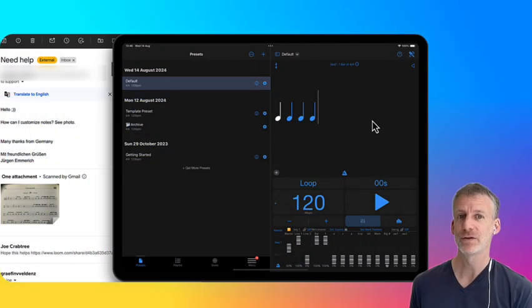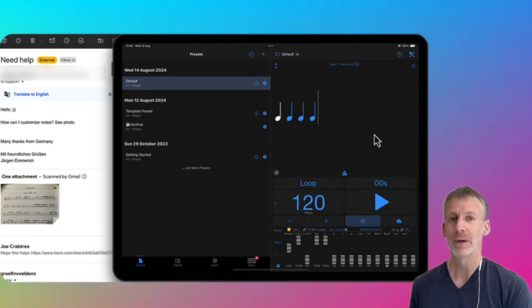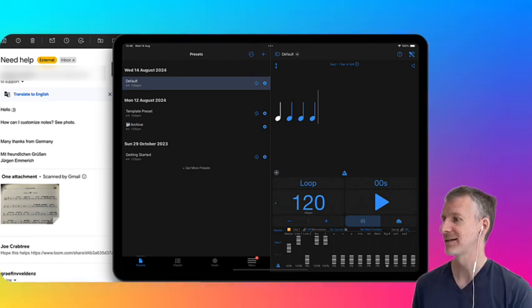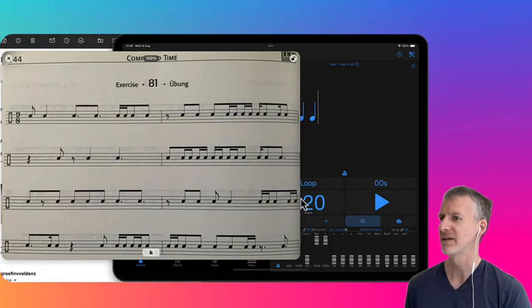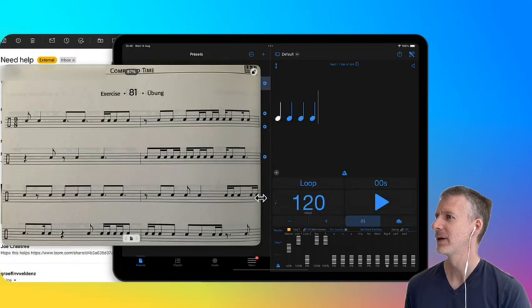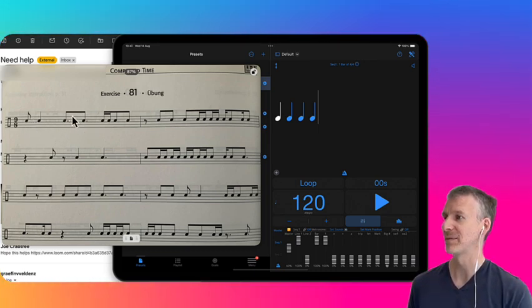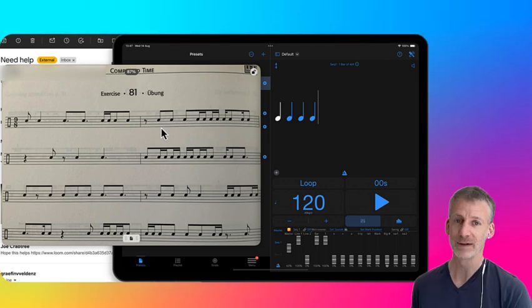Okay, so this user asked a question about entering notes in compound time where you might get 3 eighth notes beamed together. So the example notation they sent through was this. You can see we're in 9/8 time, and here you have an eighth note and a quarter note, and then here you have 2 dotted eighth notes beamed together, and here you have 2 16th notes and 2 eighth notes beamed together. So it's not immediately obvious how you would program this in PolyNome, but it is possible, and